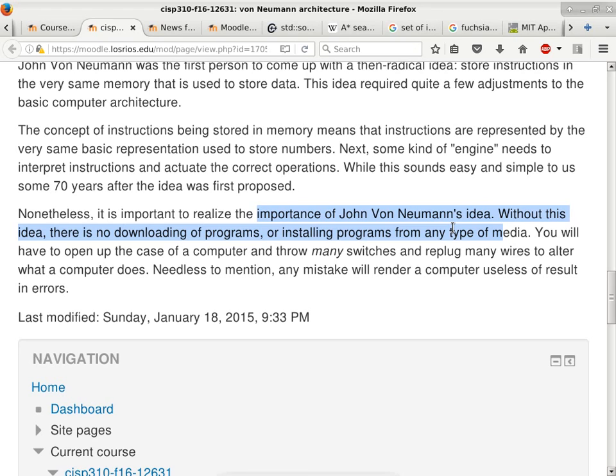Now, just for historical reasons, I just want to show you the advance of memory. So even with von Neumann's idea, the part of your computer that stores the program has changed a lot over the years. It started off with ROM. You don't have to write this down because I'm not so interested.